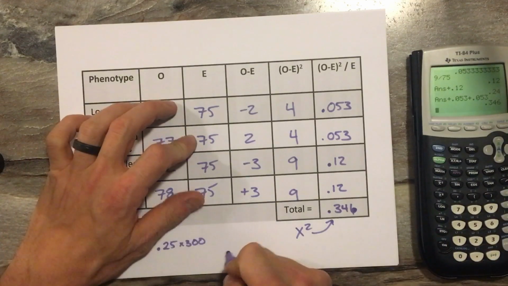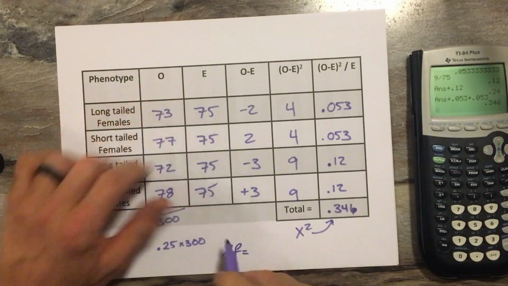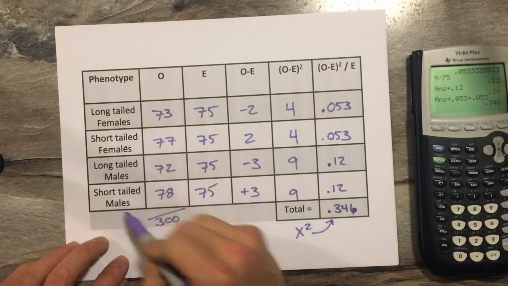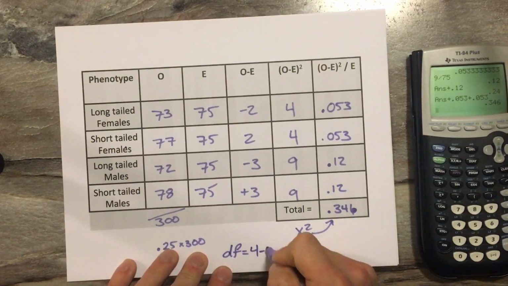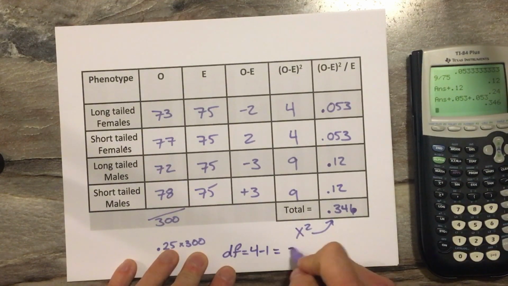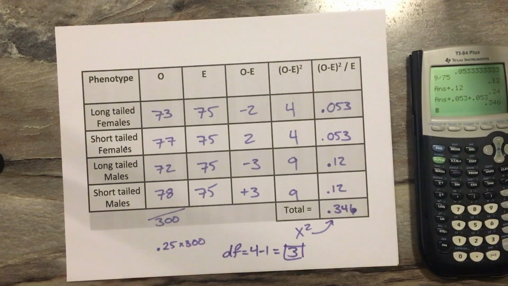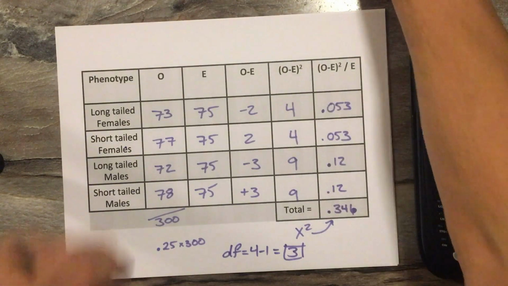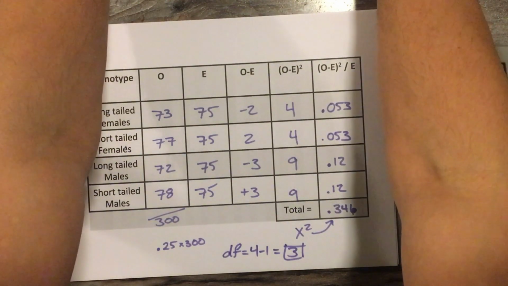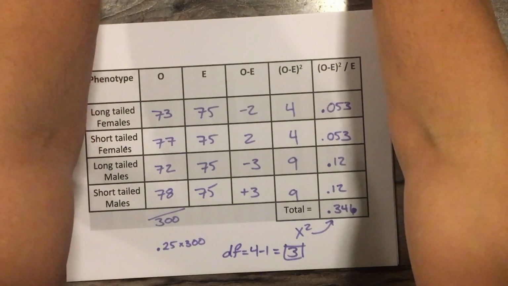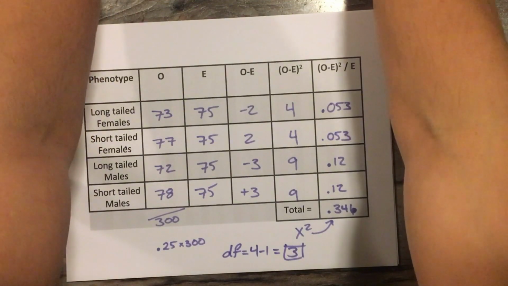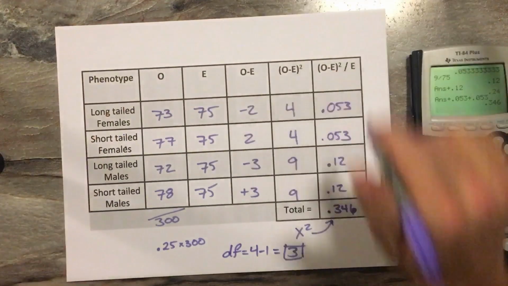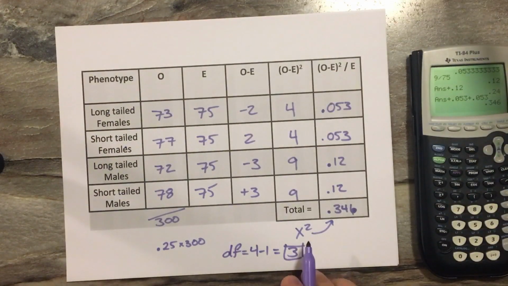And our degrees of freedom is always our number of phenotypes, 1, 2, 3, 4. We always subtract 1 from that. So we have 3 degrees of freedom, okay? If you look at, sorry, I'm looking at it on my computer here. If we look at our x squared value for that, you guys can see that that's definitely in the accepted range,